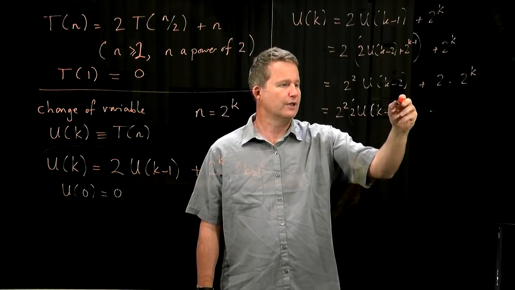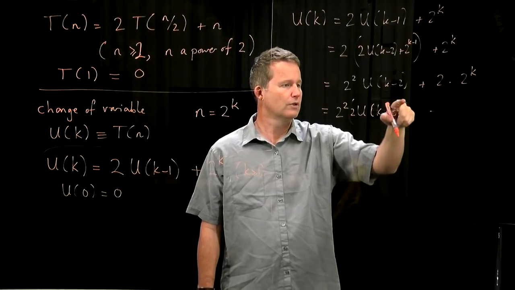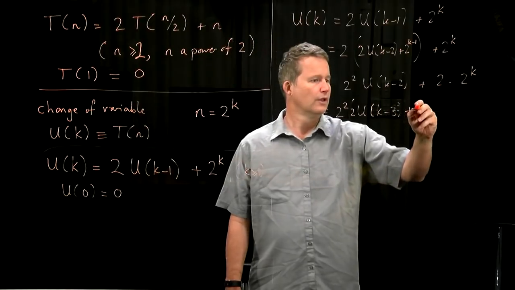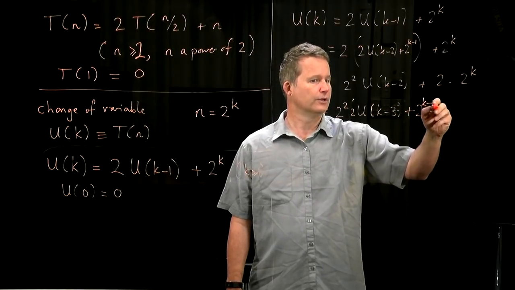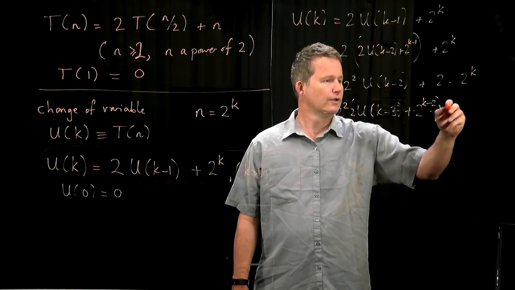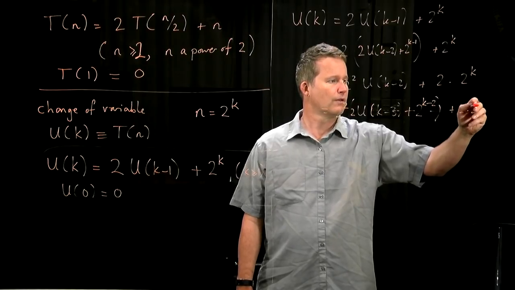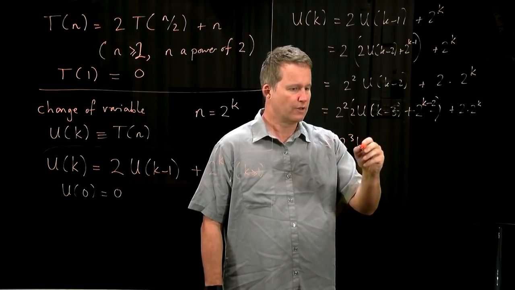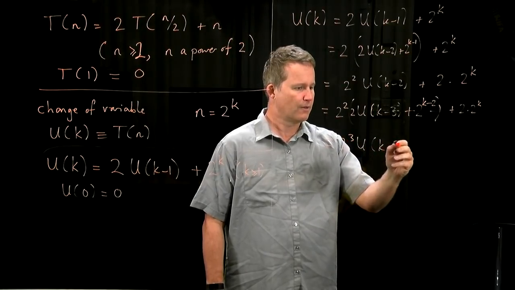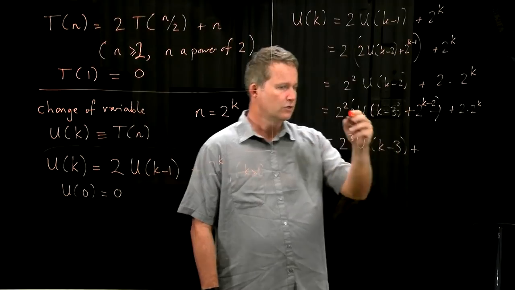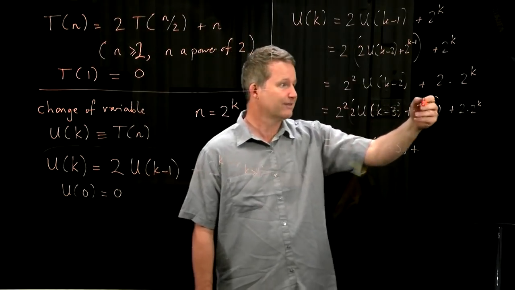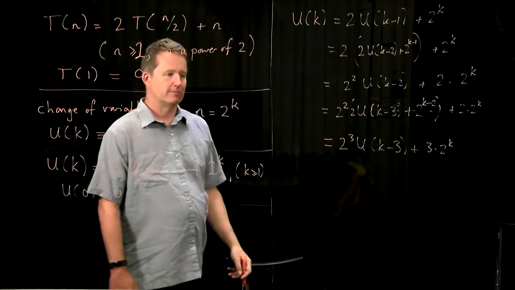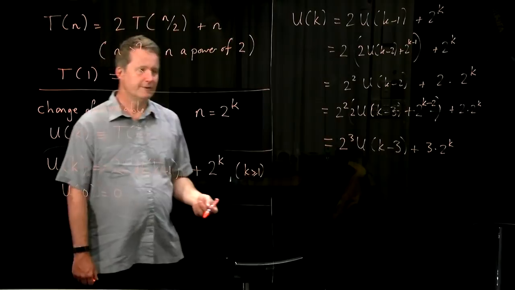I now go down to k minus 3, and I have to add 2 to the k minus 2 there. And one more step makes it completely clear what's going on. Doing the algebra here, I get 2 squared times 2 to the k minus 2, which is another 2 to the k. Right, so now you can see a nice formula,